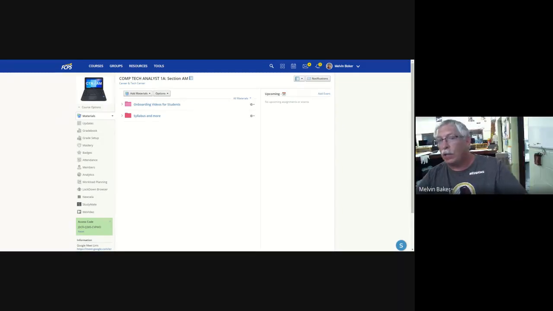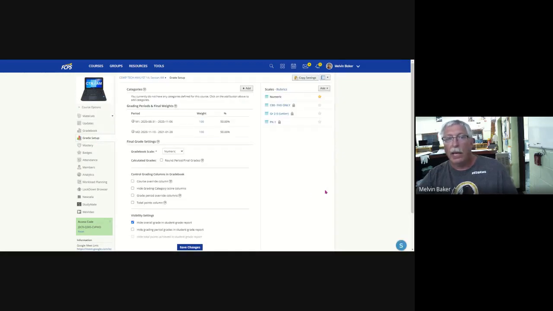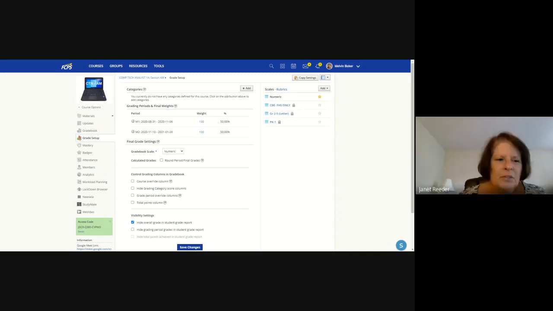So here's my first class I'm going to do. So I'm in my AM class. On the left-hand side, I'm going to go into grade setup. And this is the way it looks from fresh. I haven't done a thing here this morning. And the very first thing I'm going to do is